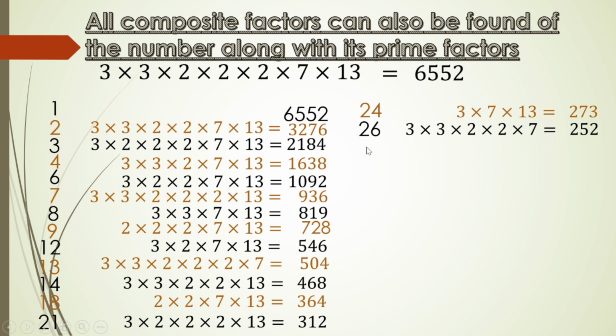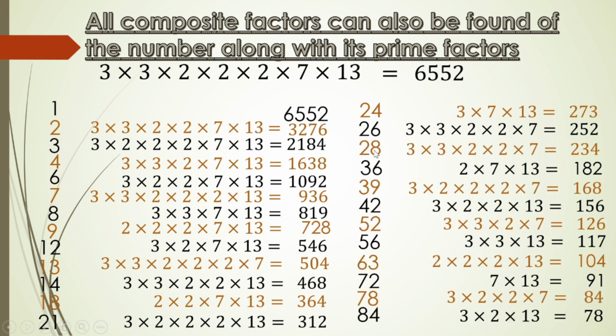So what I'm trying to tell you people is that we have to check all the numbers between 26 and 252 at this point. I've checked a few of them, and by checking all of them one by one, discarding who are not the factors and selecting who are, I've listed all of this. So the domain got shrunk to 39 and 168, then 56 and 1. So all the factors now lie between 78 and 84. So very few numbers are to be checked, and when I checked, I got to know 84 and 78. At a point it becomes opposite, 78 and 84, now it became 84 and 78.